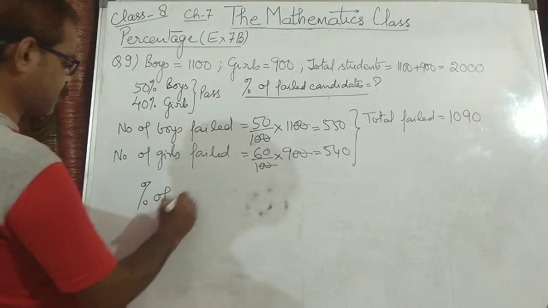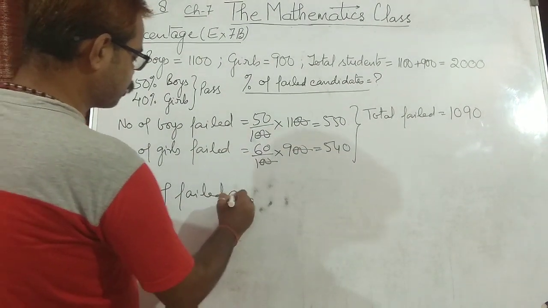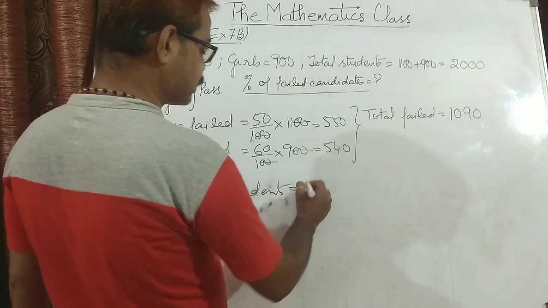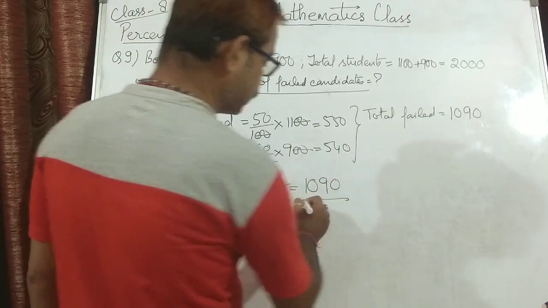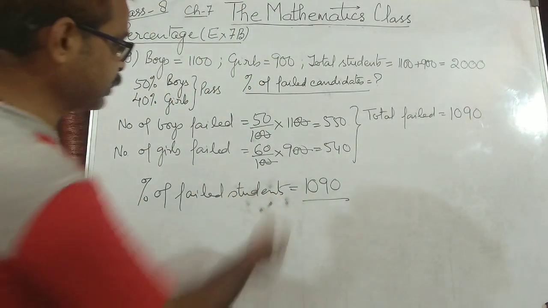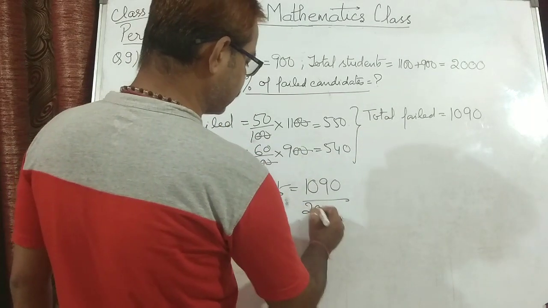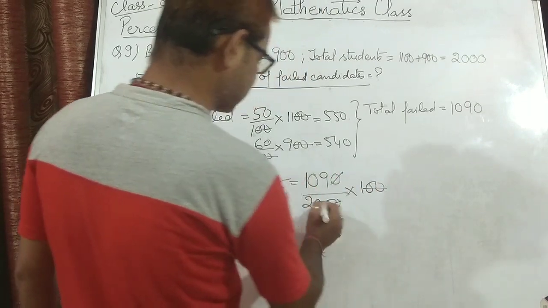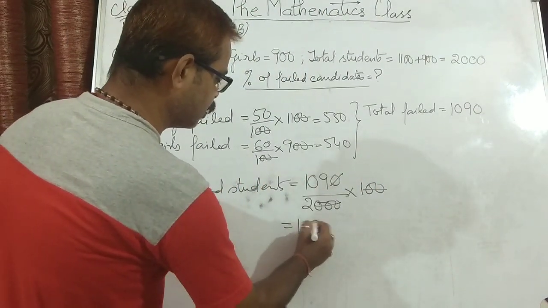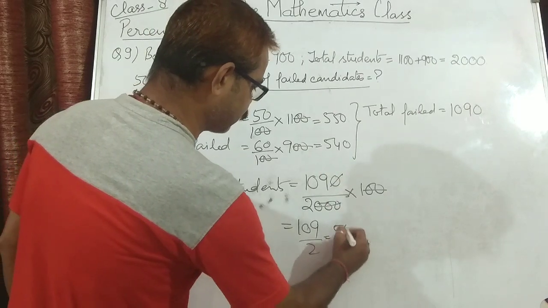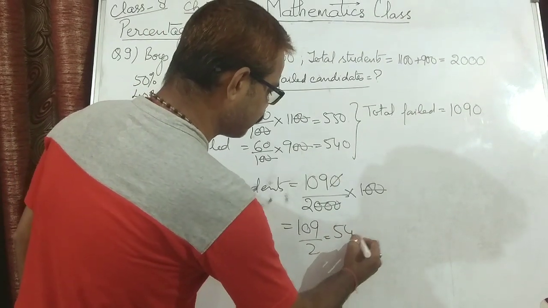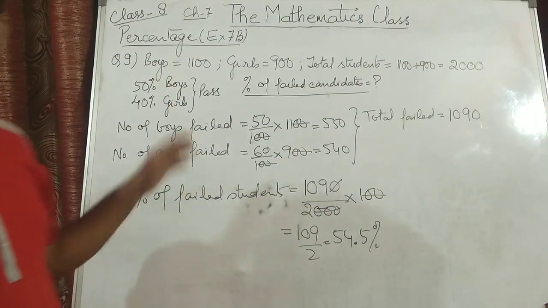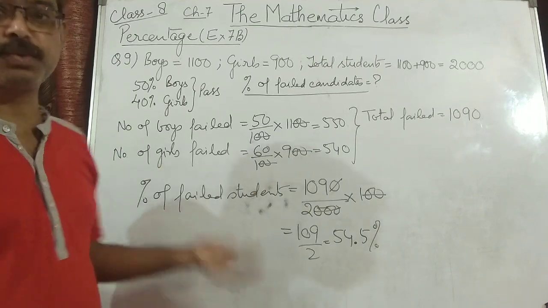Now the question is asked, find the percentage of failed students or failed candidates. So percentage of failed students will be failed, 1090, that is the change, or error, or decrease or increase, upon total. Total was 2000, into 100. So 0, 0, 0, 3 0s cancel. Now 109 upon 2, 2 5s are 10, 2 4s are 8, so 54.5... 10.9... that is, 10.5% fail. This was quite a simple question. So I hope you would have understood. Now we move on to the next question.